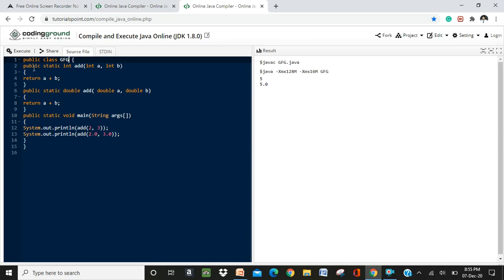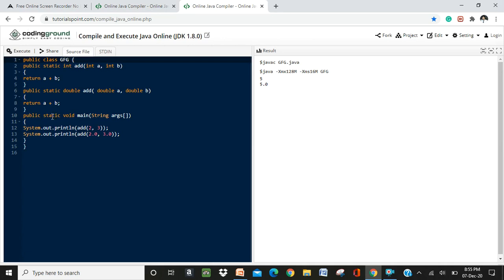Here you can see I have defined two functions. The first one is public static int add, which takes two integers and returns a plus b. The second one is public static double add, double a comma double b, which returns the addition of two numbers.